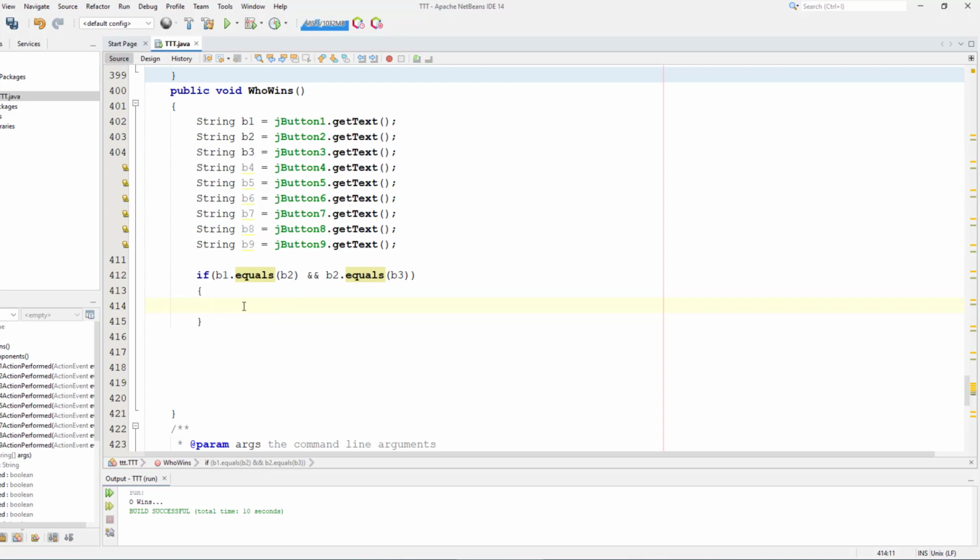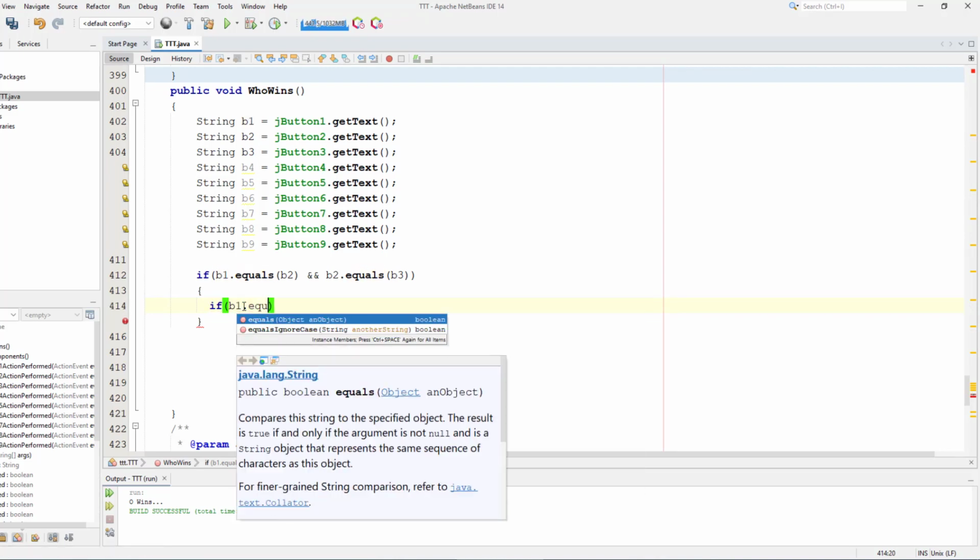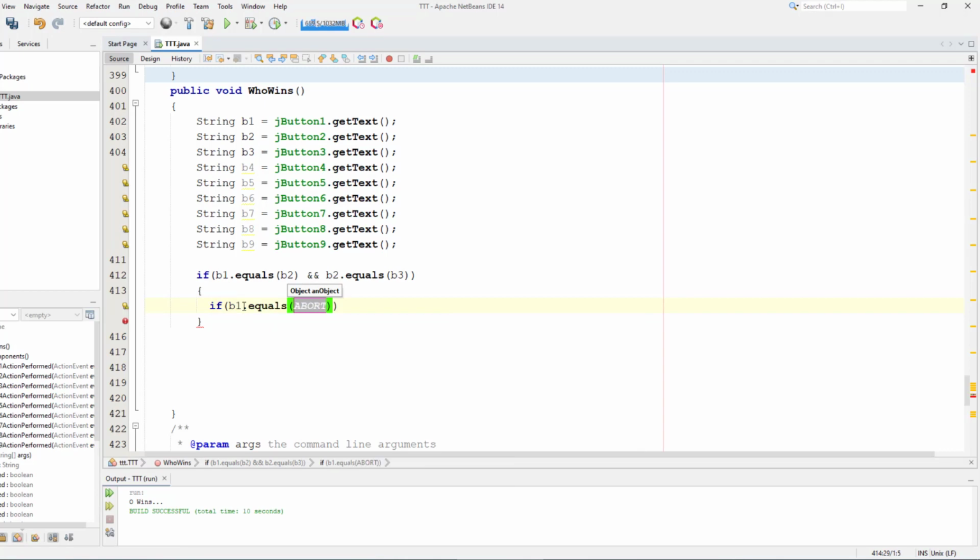So to avoid that, what we can do, we can have here, let's say b1 equals that string. So we can just have this not operator here. So it will be that if b1 is not equal to space, then we can have something here. Now what I'm going to do, I'm just going to display